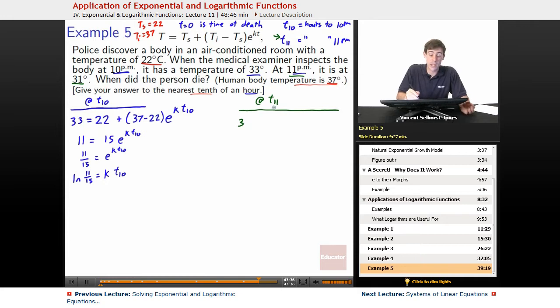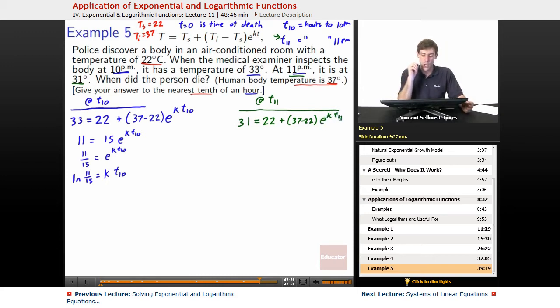So, sorry, not at t equals 11, at T11. We've got a temperature of 31 degrees. And then the surrounding environment is still 22, plus the initial temperature was still 37 minus 22, e to the k, and now we're using a time of 11,